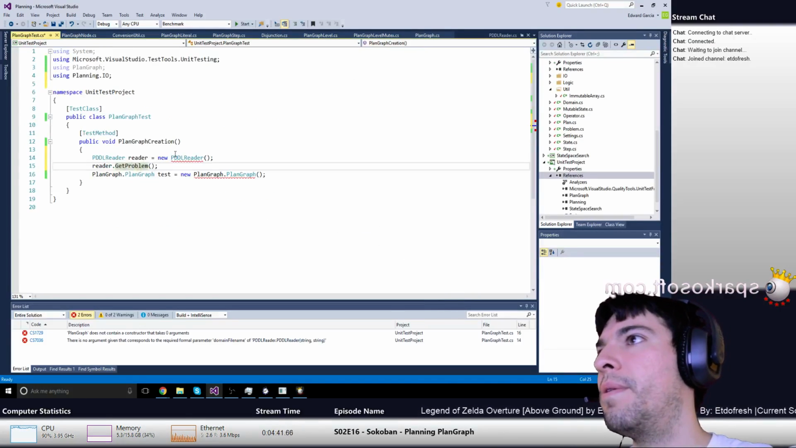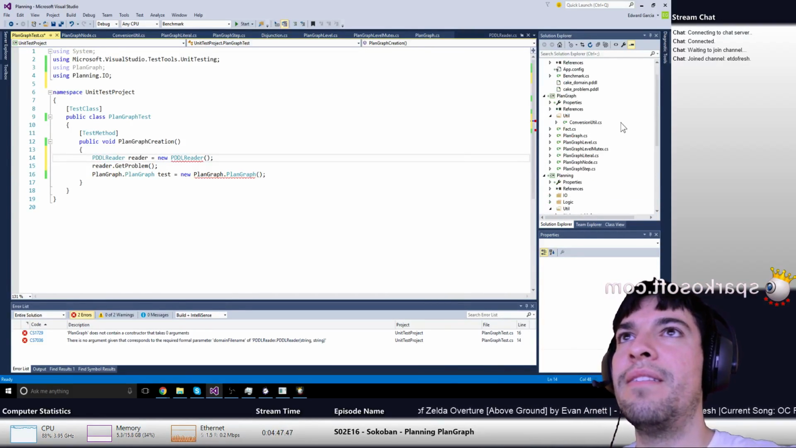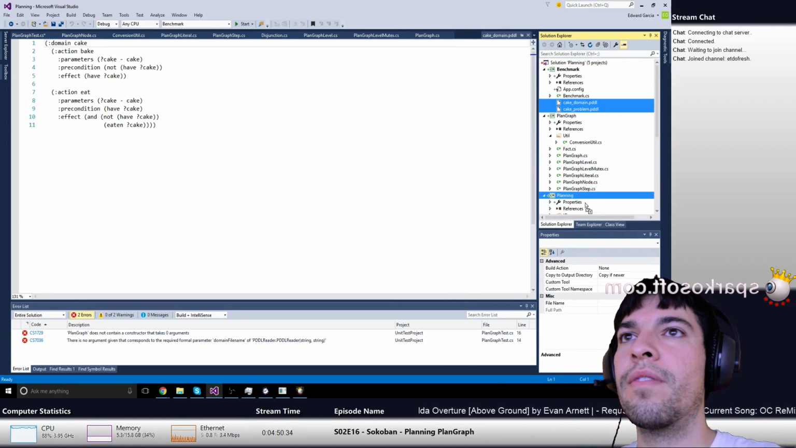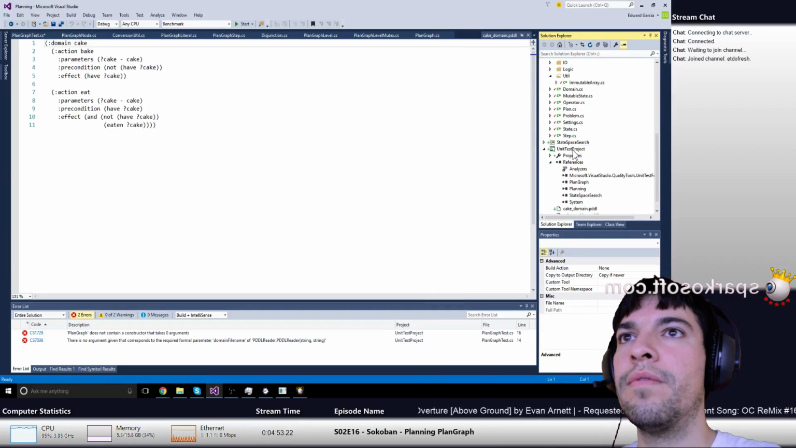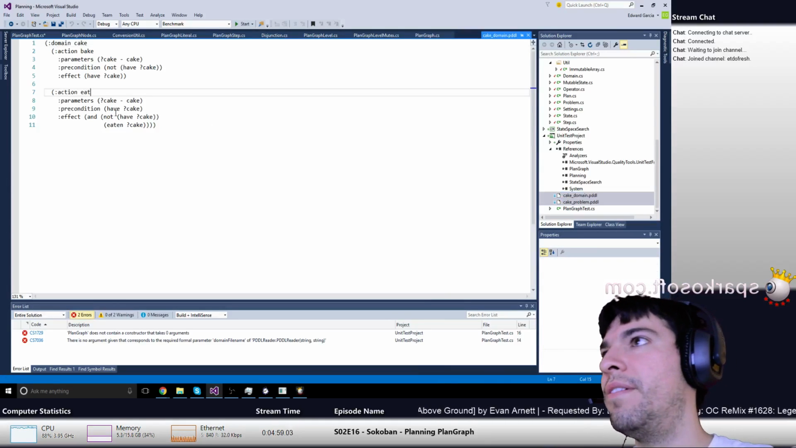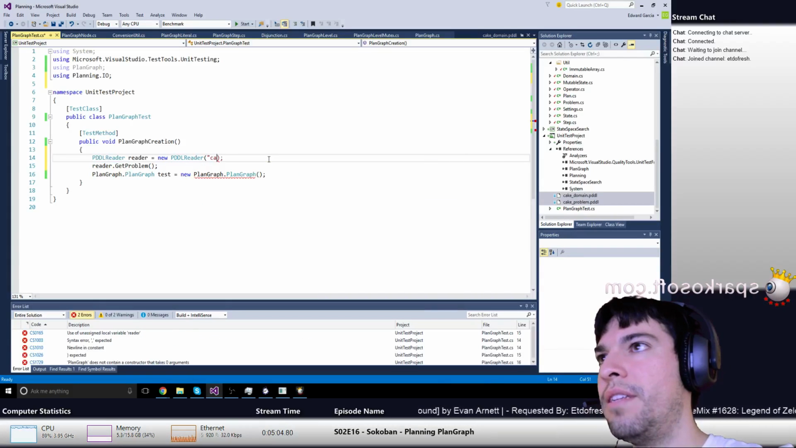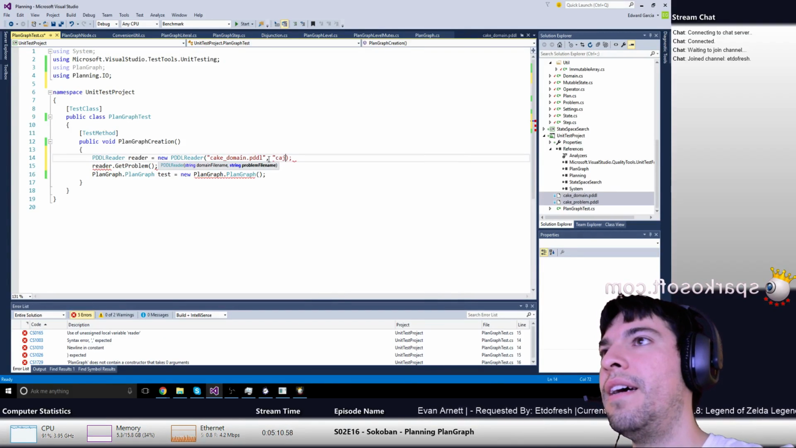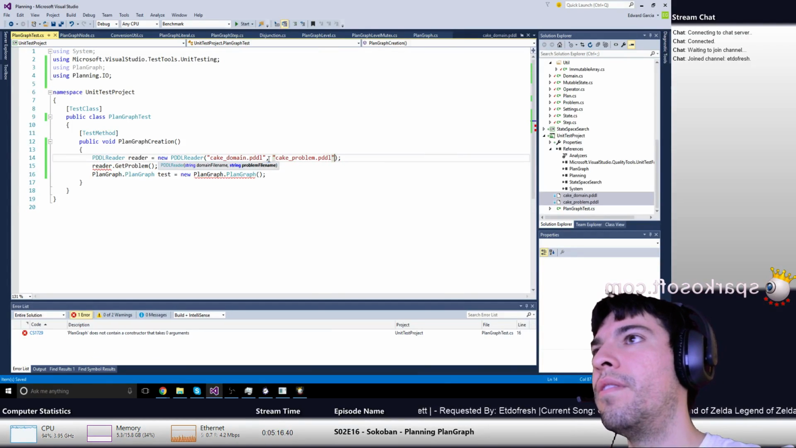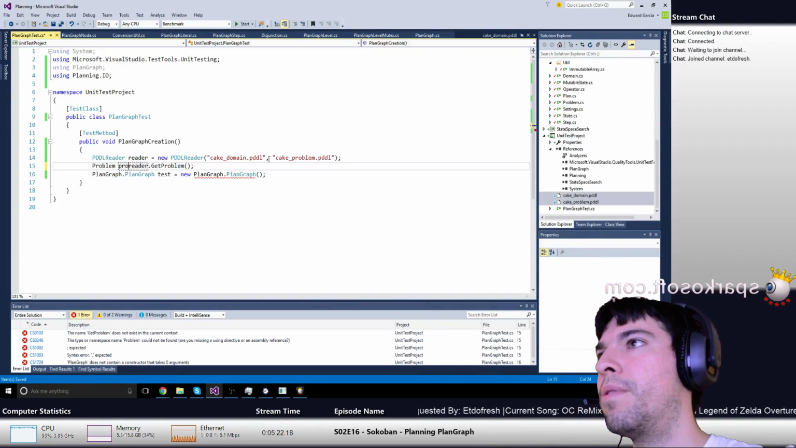Gotcha. Back to where we were. This is wrong. We need to make sure you say, let's grab these files. And then in those files, let's just copy if newer. That sounds great. Okay, PlanGraph test, PDDL reader. Let's just put the two cake files, cake domain.pddl, cake problem.pddl. Okay, and then we can just say problem equals this,